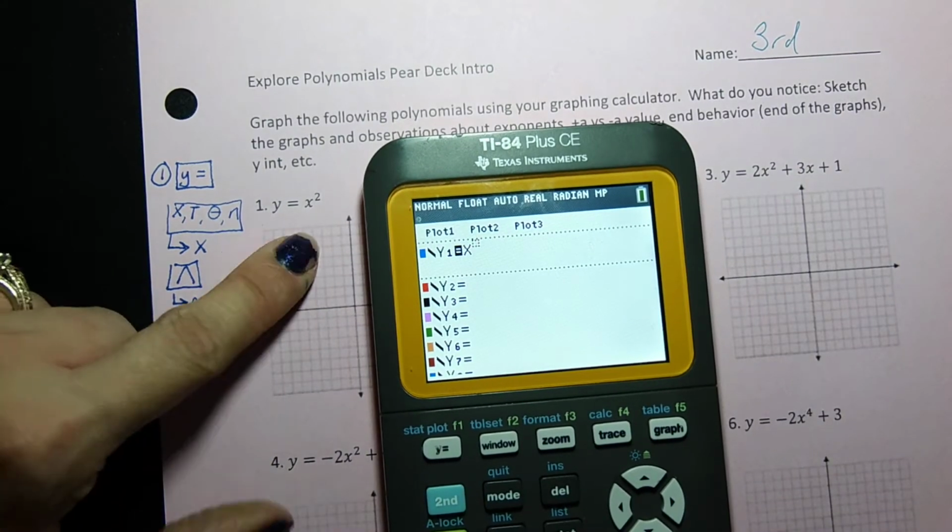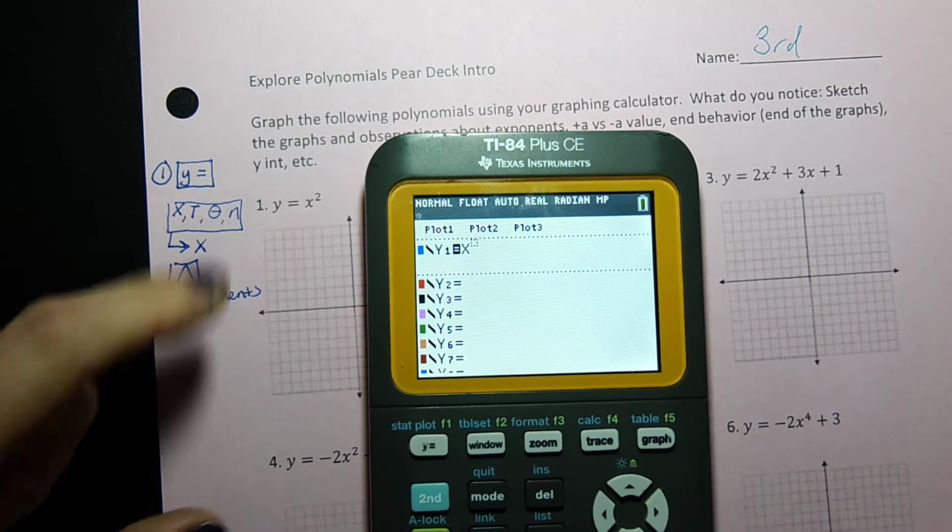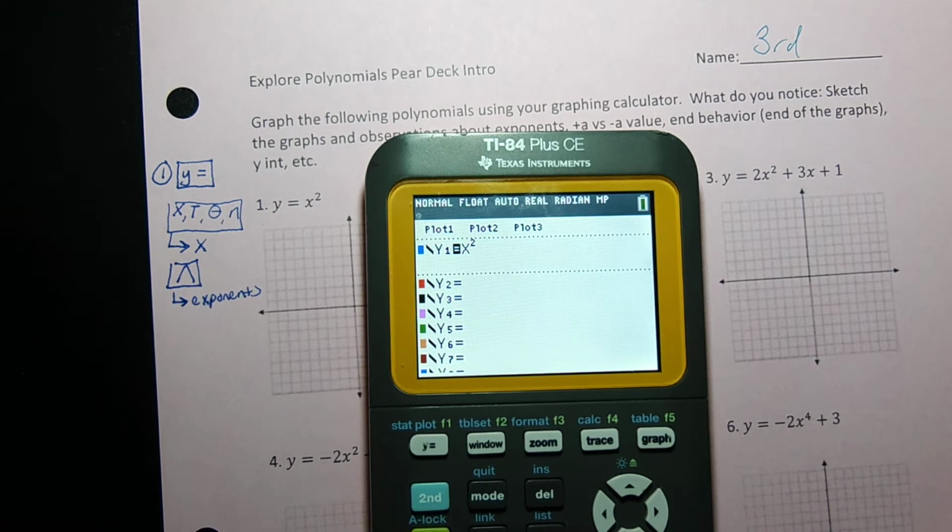So what power or exponent are we going to type in? 2. So there's our x squared. We'll just hit the x squared button for 2 too. We want to get out of that habit though if you are used to using that, because we're going to have to do lots of different powers,